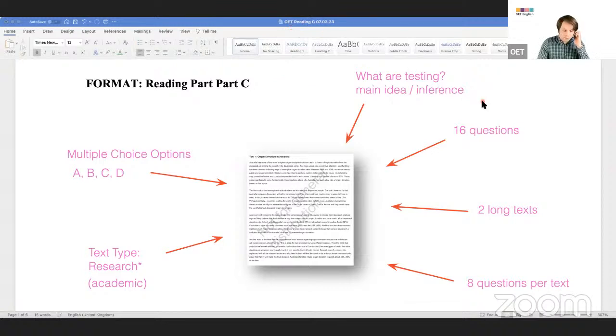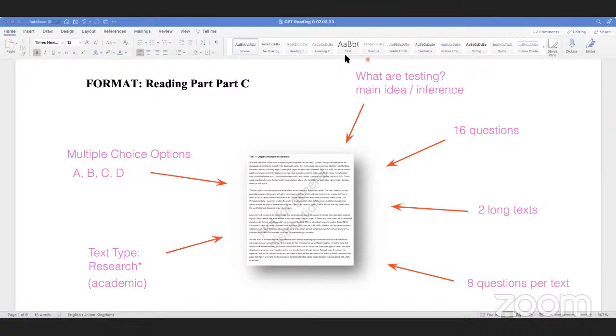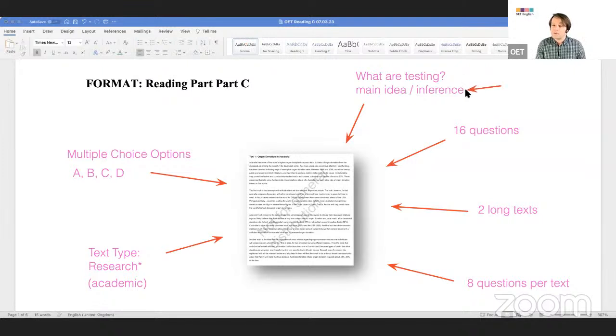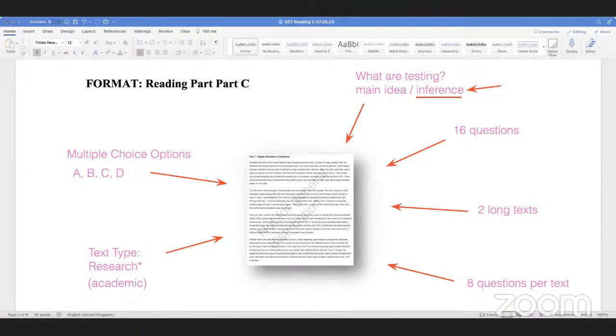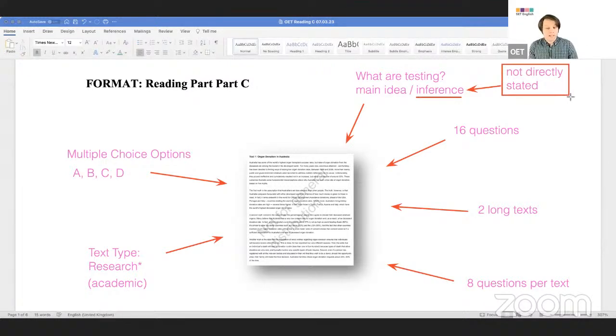So they're testing main idea and inference. What is inference, though? Could I speak to Betul? Are you there, Betul? Najibullah? This idea of inference is very difficult reading. What does inference mean? This question is not directly the answer. Firstly, I read the paragraph and then I have to understand something different. I couldn't explain, sorry. No, that's exactly right. It's not directly stated, and you read the paragraph and you have to, a bit like